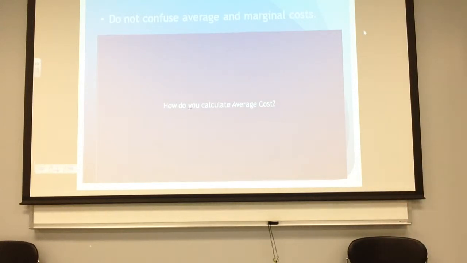Average cost. Average total cost? Yes, average total cost. Total cost divided by the quantity. So we take the total cost of production and we divide by quantity, what we've been doing the whole time. And how could that possibly be misleading for a decision maker